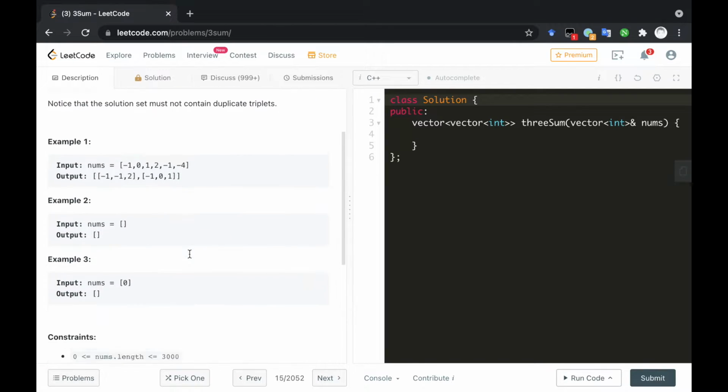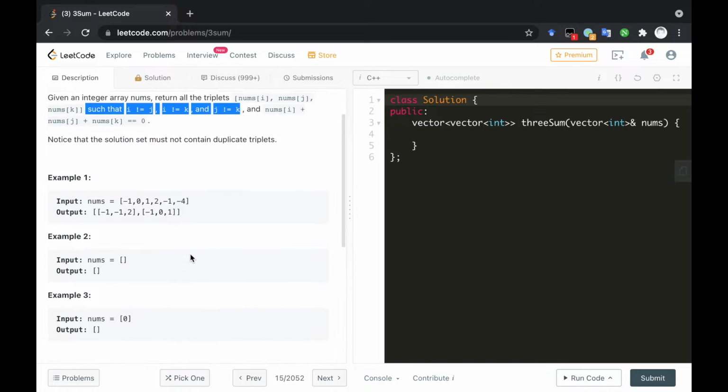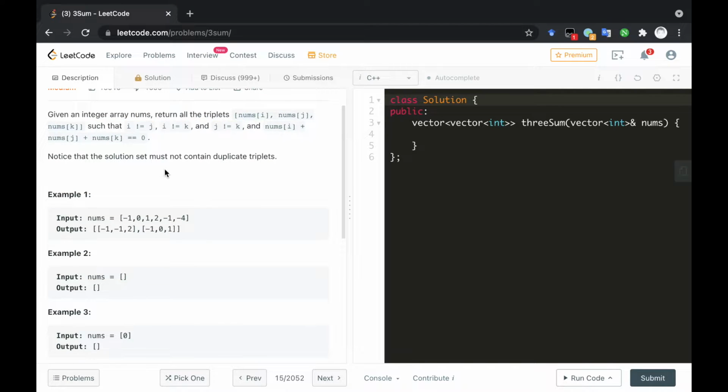Okay, I think if the question asks us to return the answer that does not contain duplicate triples, so we should use a set to